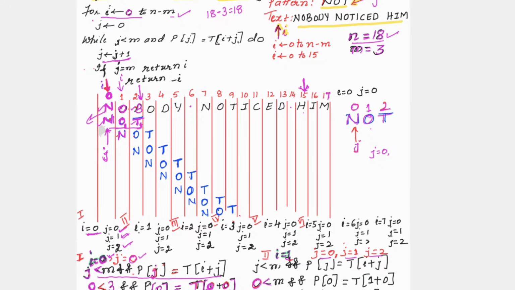So we are checking here I equal to 1, J equal to 0. J equal to 0 less than 3, logical ANDed with... Now check with the first letter of the pattern, because now your J is pointing here. Once it comes out of the inner while loop, the outer for loop will get executed. The value for J is now set to 0. So you have made the pattern get shifted by 1 position.